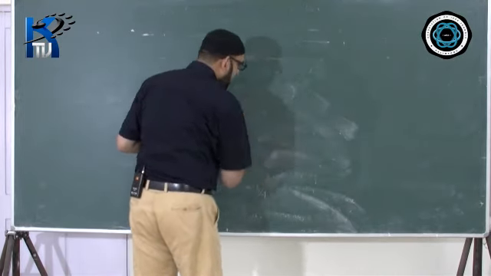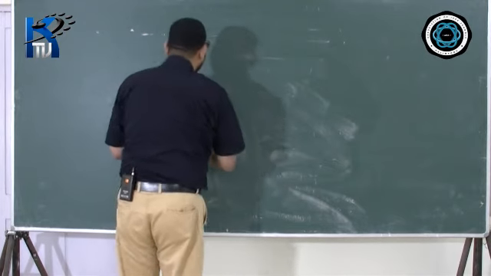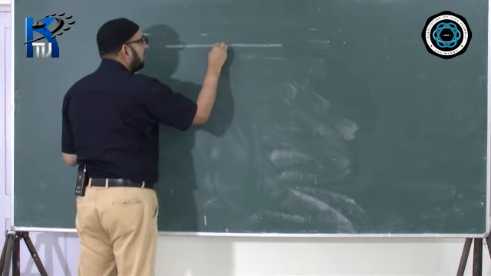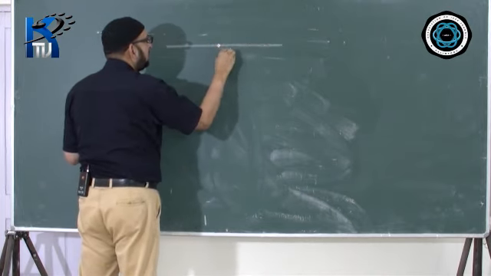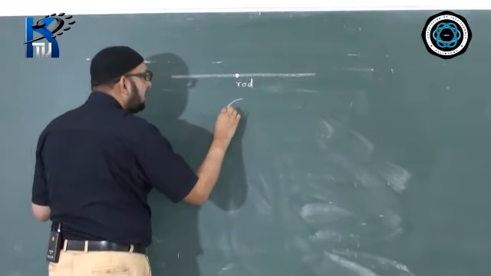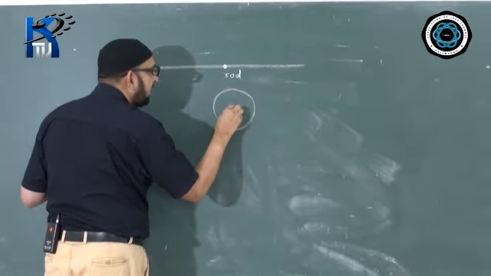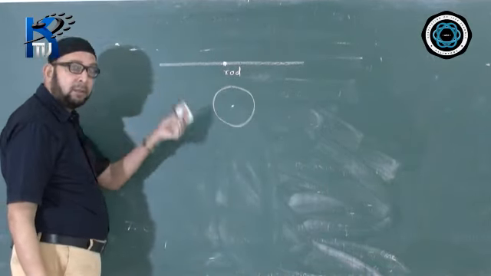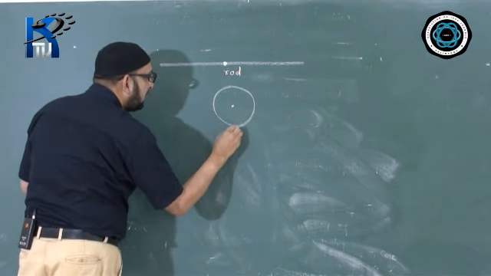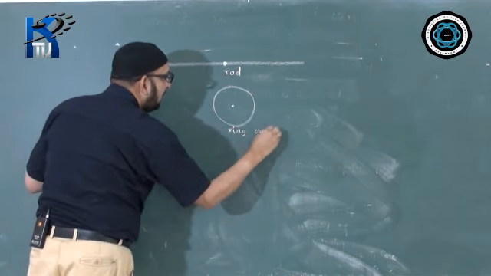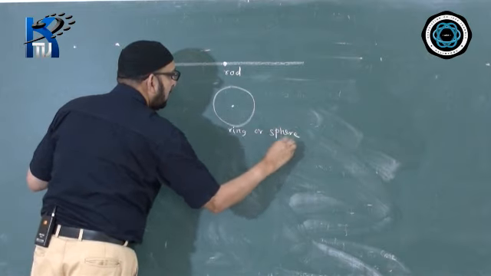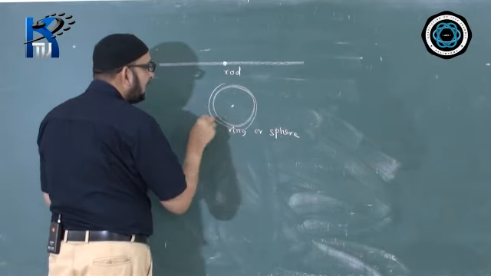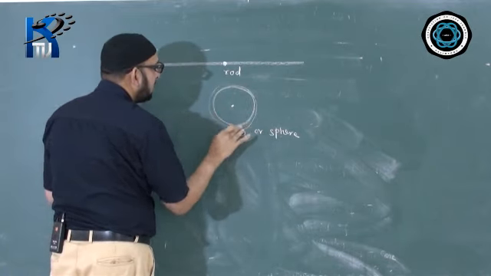So in that case, I'll just show you. Suppose we are having a rod like this. Where is the CG situated? Here. We'll show it here, center, midpoint of the rod. If we are having a disc like this, where is it situated? Here. Even in case of a sphere, it is over here. For a ring, it is outside the body. Ring we'll do like this, and a sphere we'll just keep it like this.